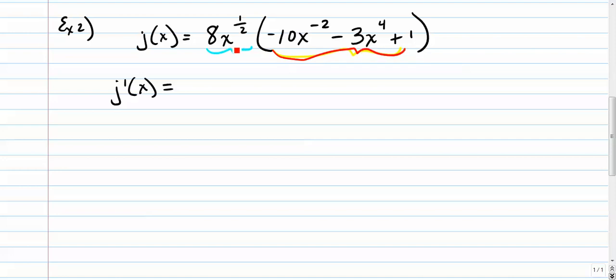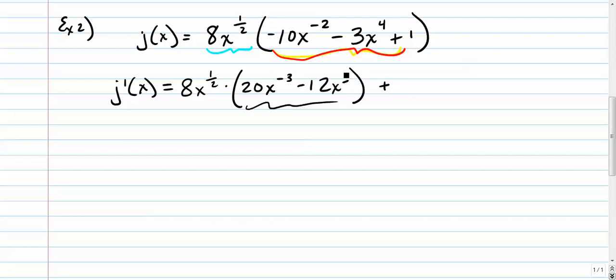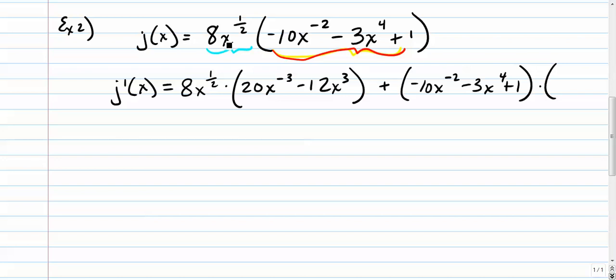You can label them different letters if you want, but the basic rule is you take the first one and you don't change it. So 8x to the 1/2 times the derivative of the second one, which is, let's see, I'll put it in parentheses, 20x to the negative 1/3 minus 12x to the third. This is the derivative of the second trinomial here, the second polynomial. Plus, we're going to write the second one unchanged, and we're going to multiply that by the derivative of the first one, the blue one here, 8x to the 1/2. So it's the power rule, 1/2 times 8 is 4x,